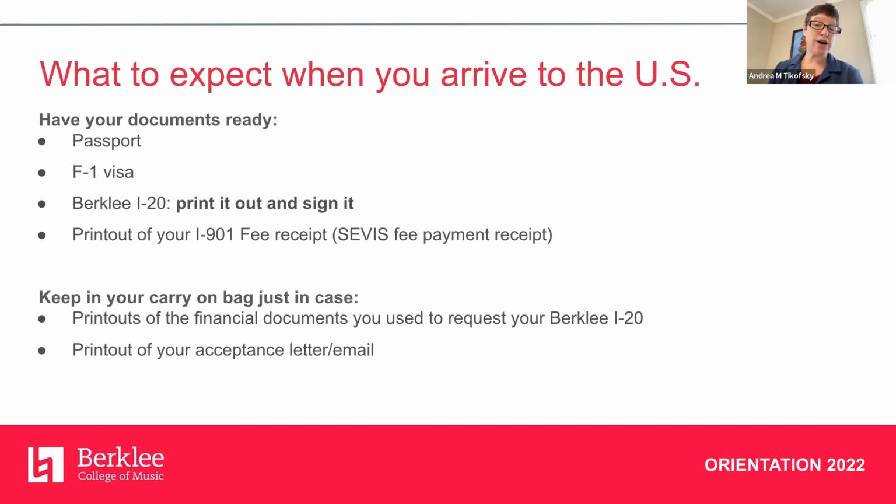You should also carry the name of your international advisor, your DSO. Now, the name of your advisor, the person who issued the I-20, is printed on the I-20 at the top. So that's there for you. But you also want to have our email address, which is really easy. It's iss@berkeley.edu, so International Student Services. And we also, our phone number, so the college's phone number, and it could be the admissions office phone number. All right, so the next slide.